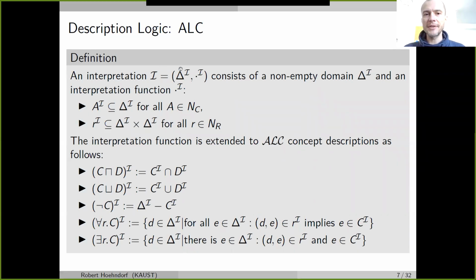So we have our interpretation, which consists of a domain and an interpretation function. Then named concepts, or concept names, are interpreted basically as subsets of the domain. Relations are tuples, or subsets of tuples of the domain. And then in a very standard way, this language will allow us to extend interpretations inductively. And this is just below with five of the concept constructors. So we have the intersection, union, negation, universal and existential quantification.